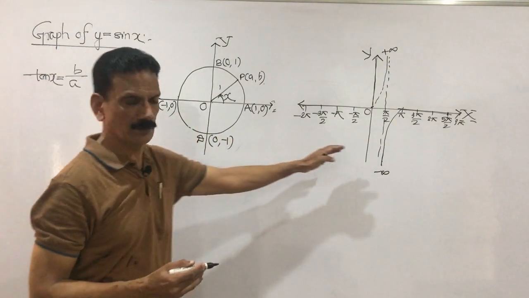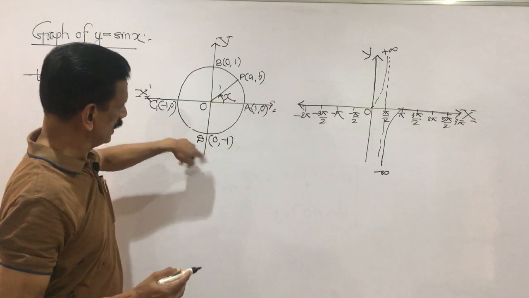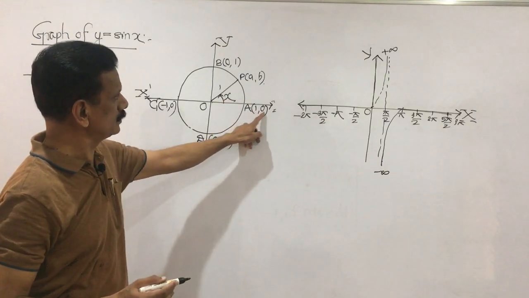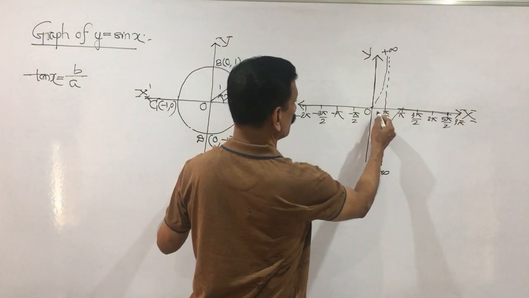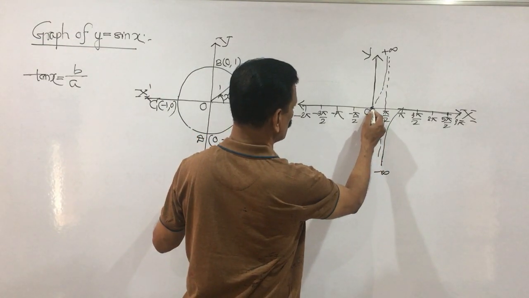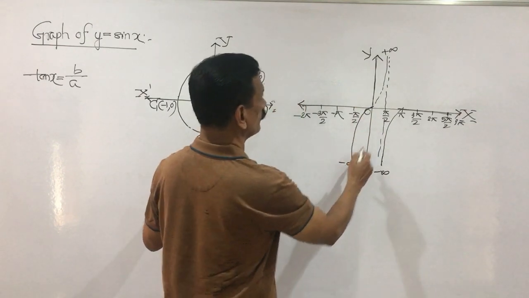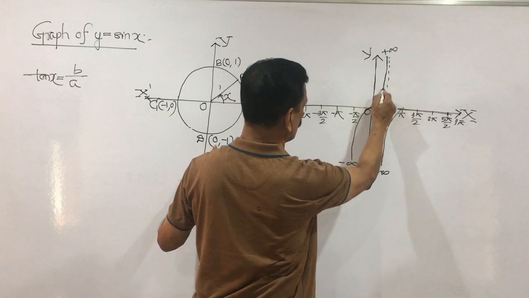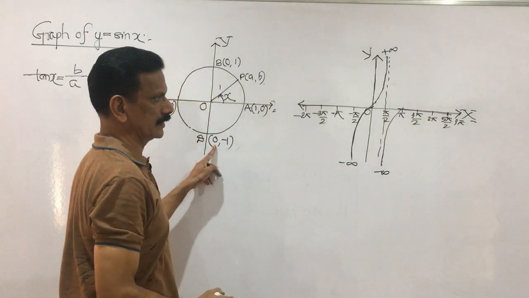So, I go in the negative direction my dear friends, please see here. When we have this direction, what you are getting? B by a means 0 by 1, 0. It becomes minus 1 by 0. Minus 1 by 0 means what it becomes? It becomes minus infinity my dear friends. See here it goes to minus infinity, means you are getting the curve like this. Here we have the curve.